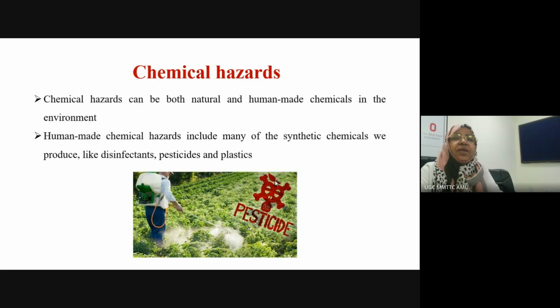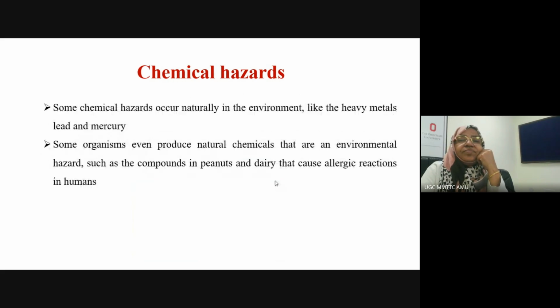Chemical hazards. Chemical hazards can be both natural and human-made chemicals in the environment. Human-made chemical hazards include many of the synthetic chemicals we produce, like disinfectants, pesticides, and plastics. Some chemical hazards occur naturally in the environment, like the heavy metals, lead, and mercury. Some organisms even produce natural chemicals that are environmental hazards, such as the compounds in peanuts and dairy that cause allergenic reactions in humans. कुछ लोग को होती है ना मूंगफली से एलर्जी. ठीक है. अच्छा, अब ये बताइए